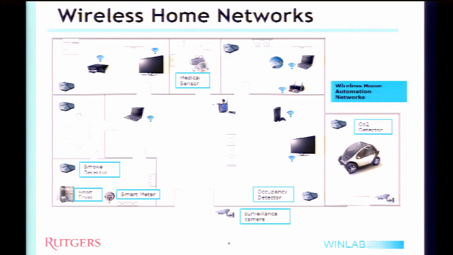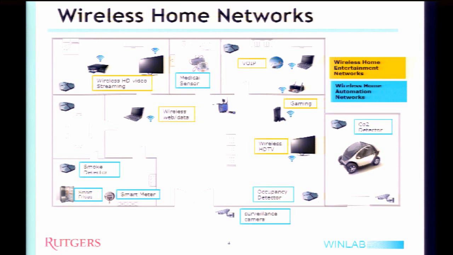The second layer of networks is the wireless home entertainment networks. Traditionally, we have wireless Wi-Fi and web data serving, and now we also have wireless HD TV and wireless HD streaming. It's kind of the industry standard for current home entertainment networks. So as a result,